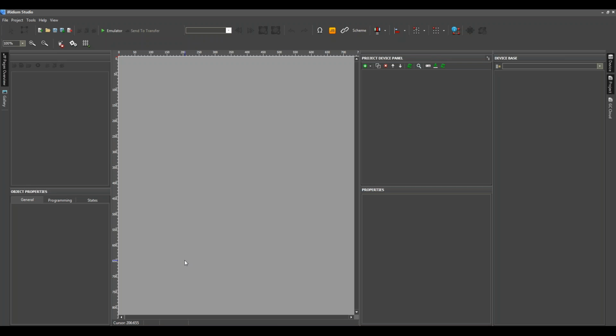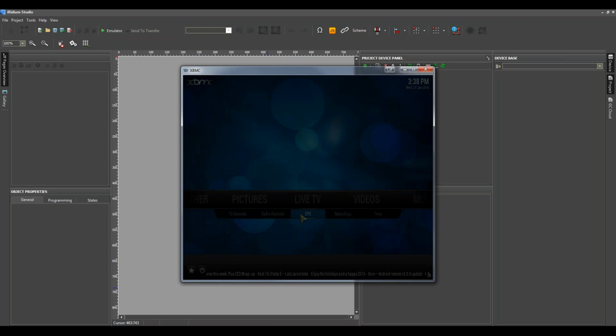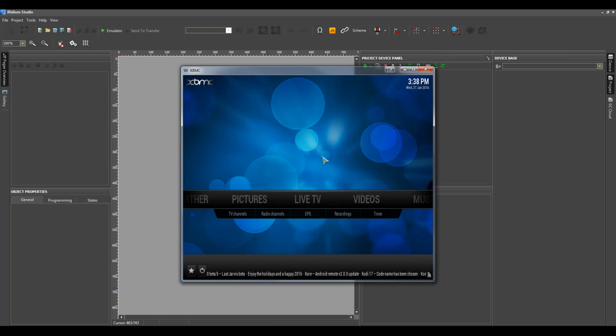So we will create a module for an XBMC media server, and it will be a very simple module. It will be able to control navigation and volume.